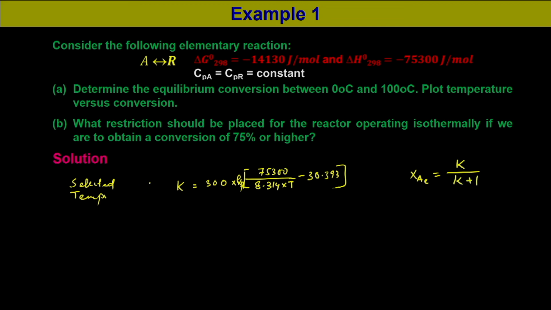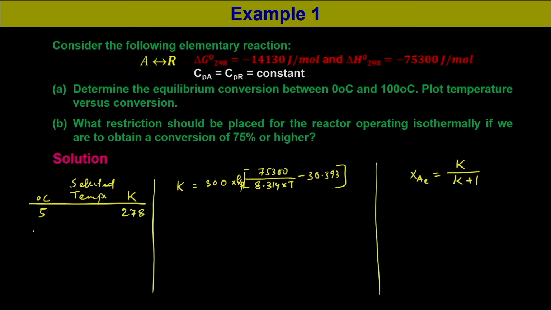So, at a selected temperature, say 5 degree centigrade, we can make the temperature say in degree centigrade and Kelvin. So, if it is 5 degree, then it is say